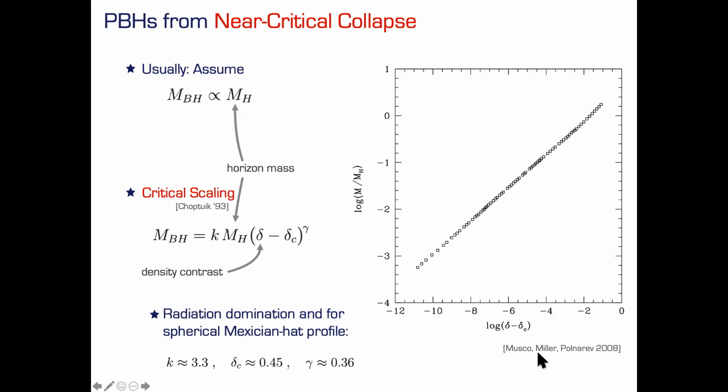There have been simulations that show this relation, m over m_h, so basically dividing this equation by m_h, with the left-hand side here and the right-hand side here, in a double logarithmic plot. Here you have delta minus delta_c, and you see this scaling behavior over 10 orders of magnitude. So this is really there, and it leads to an extended spectrum.